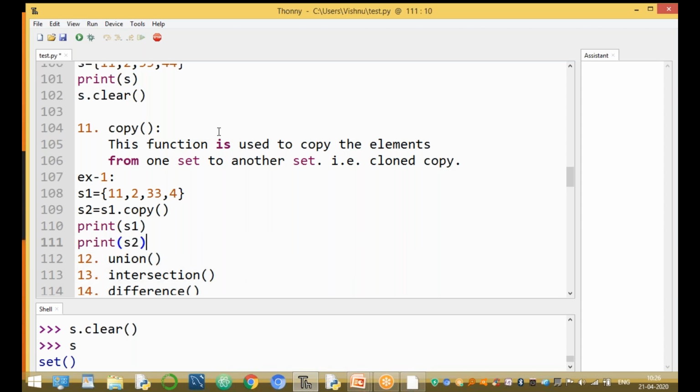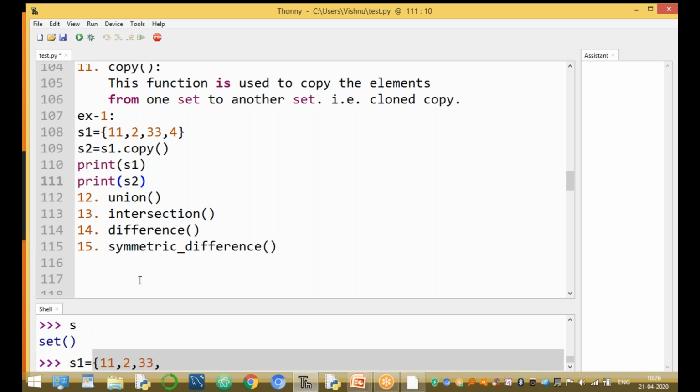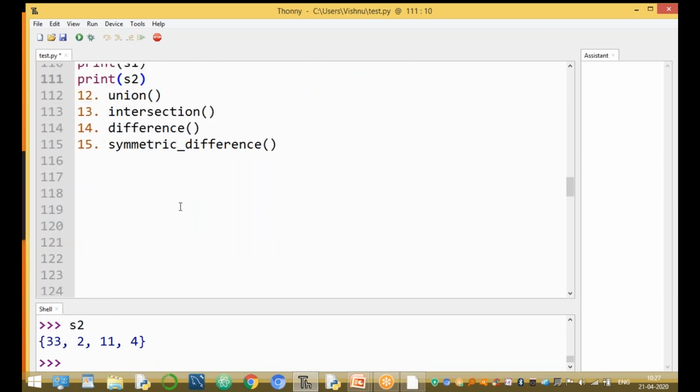After copying, S1 and S2 both have the same values.